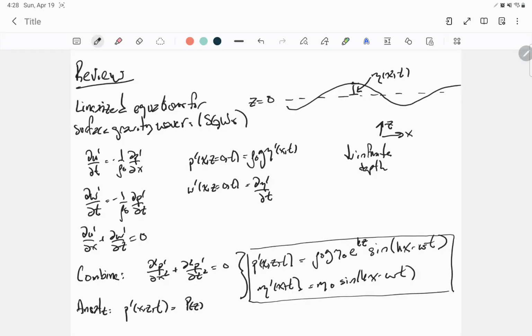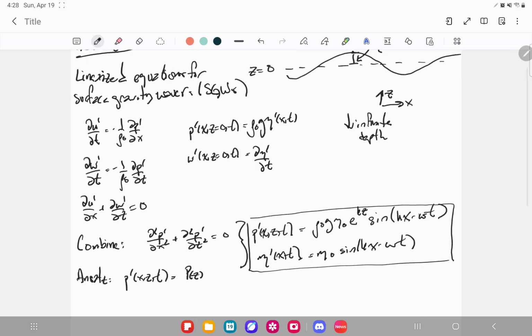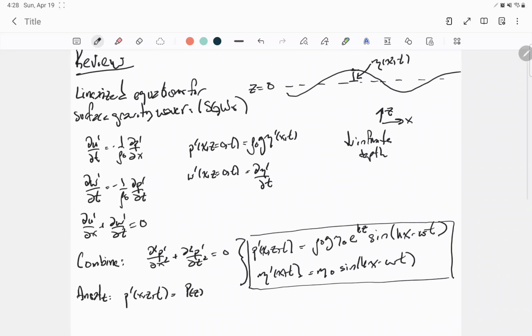Hello, everybody. This is the final little bit of content for the Physics 3300 course, which won't be anywhere close to a full lecture, but we're just going to finish off the content on surface gravity waves. So as usual, we're going to start with a little bit of review of where we